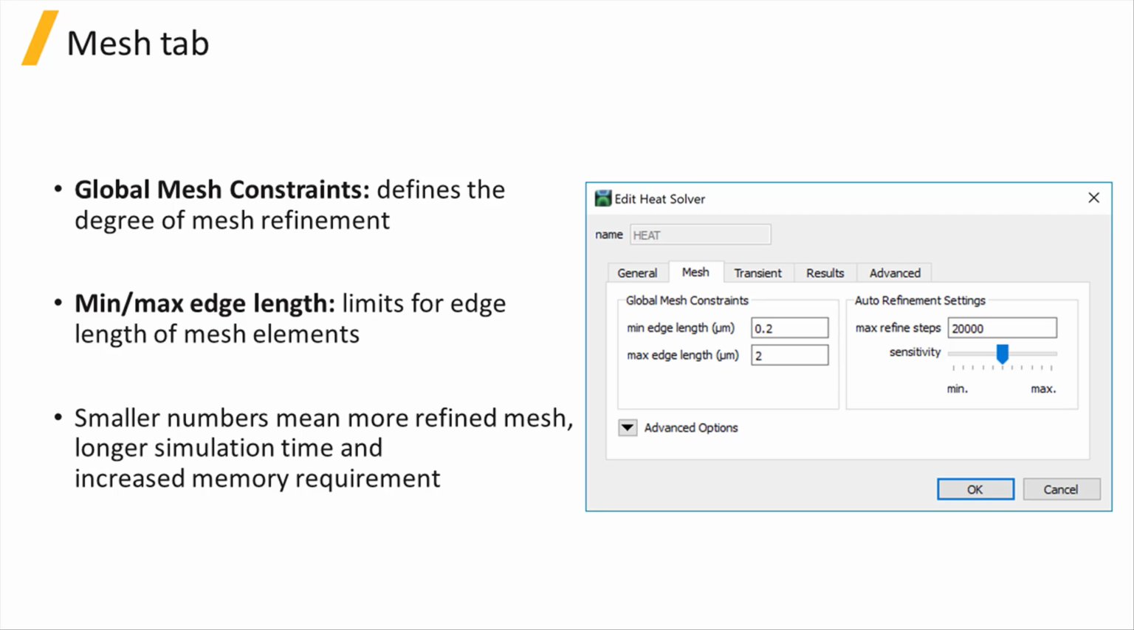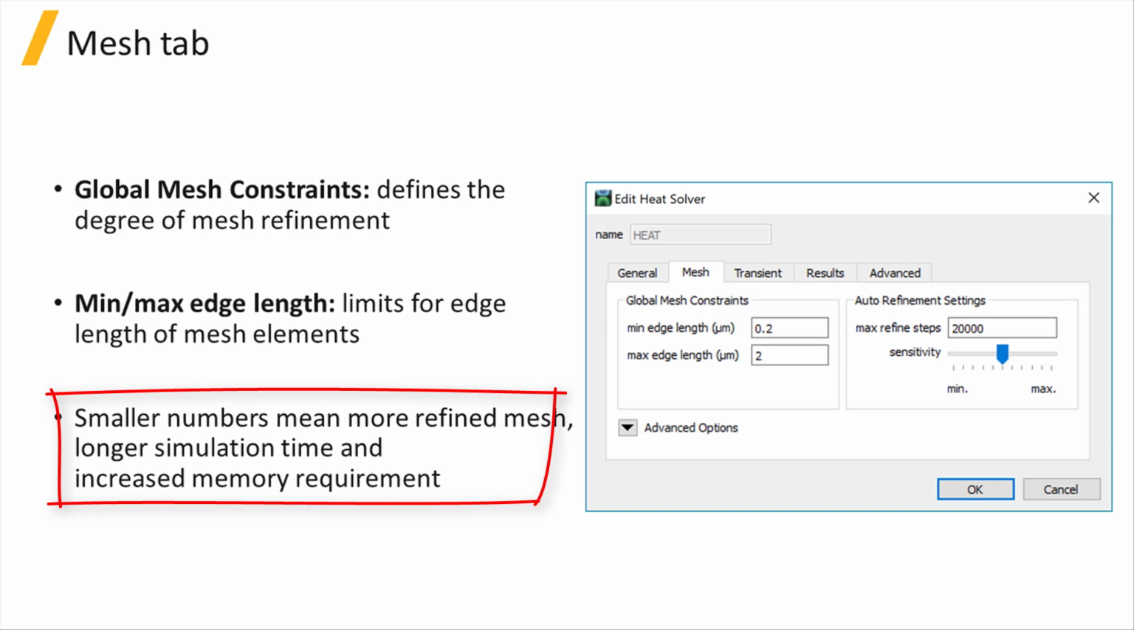Under the Mesh tab, the global mesh constraints define the degree of refinement of the simulation mesh. The mean and max edge length set the minimum and maximum edge length of the triangular or tetrahedral elements used in this finite element mesh. Smaller values mean a more refined mesh and possibly more accurate results at the expense of increased simulation time and